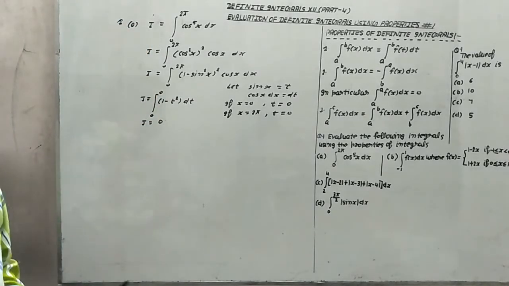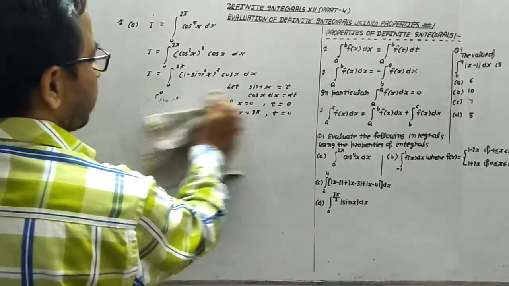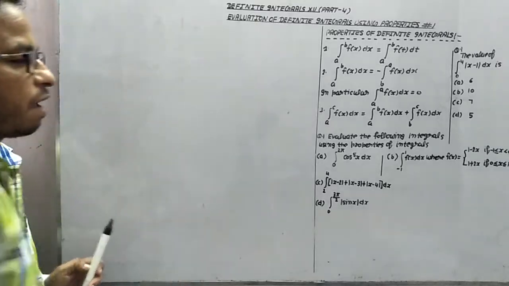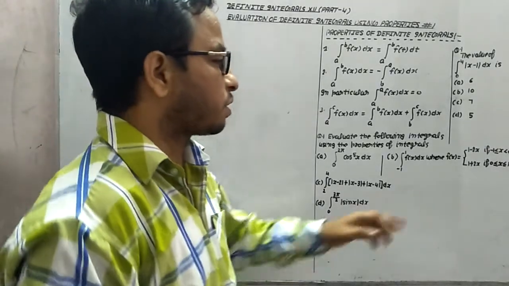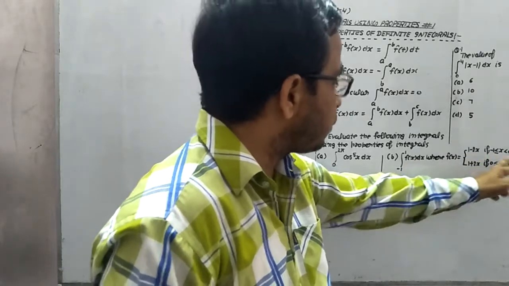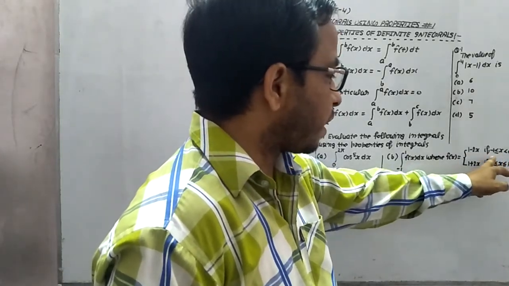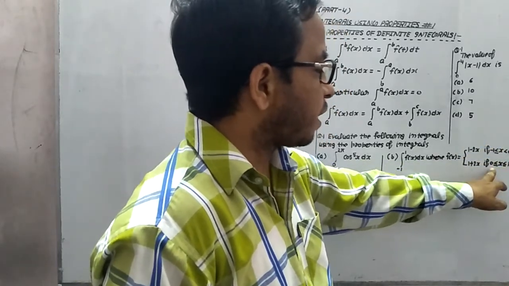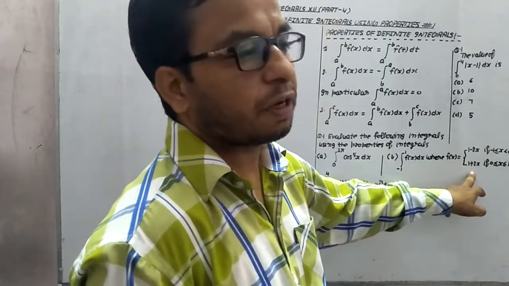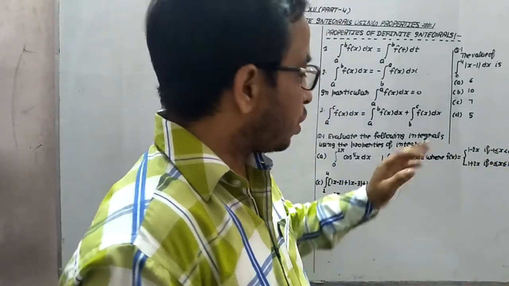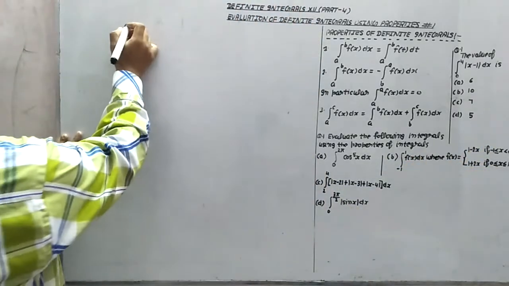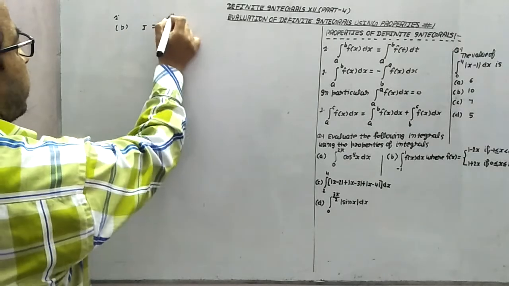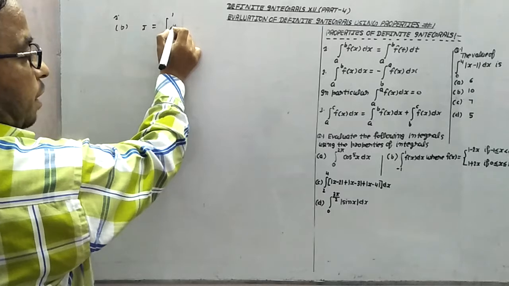Now let's start with the solution of this b part. In this b part we have to find the integration of minus 1 to 1 f(x) dx, where f(x) is defined by this. Now look at this. We have the splitting at 0, because for x greater than or equal to minus 1 and less than 0 we have this function, and for x greater than or equal to 0 and less than or equal to 1 we have this function. It means here we can introduce a new variable, that is 0. That's why in first question b part, I is equal to integration minus 1 to 1 f(x) dx.